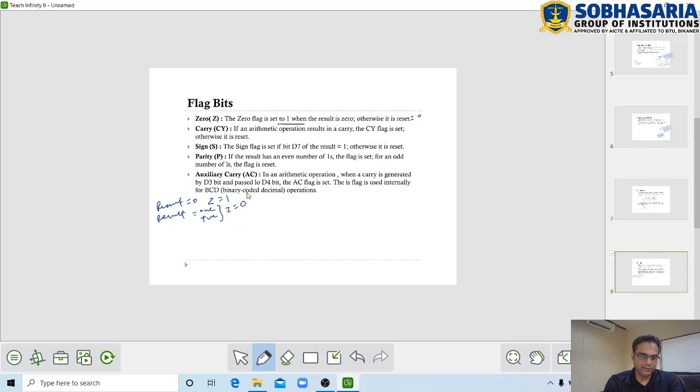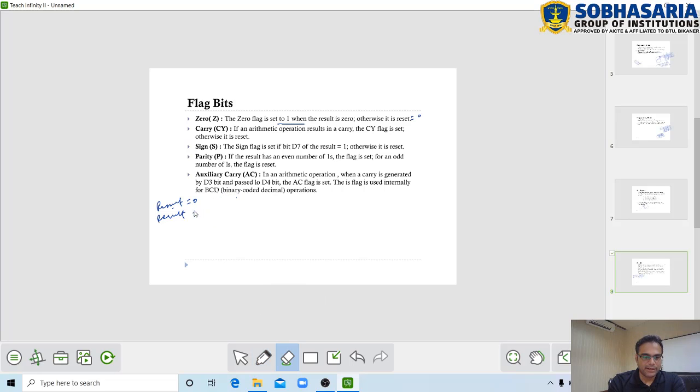Many students make a mistake here, thinking that if the result generated is 0, then the zero flag becomes 0. It is not like that. Kindly remember this point carefully: when the result generated is 0, then the zero flag becomes 1, and when the result is non-zero, maybe positive or negative, then the zero flag becomes 0. Okay.